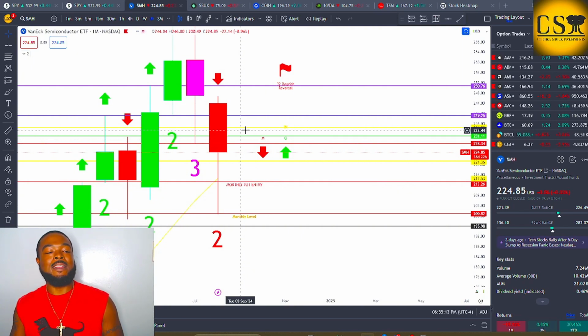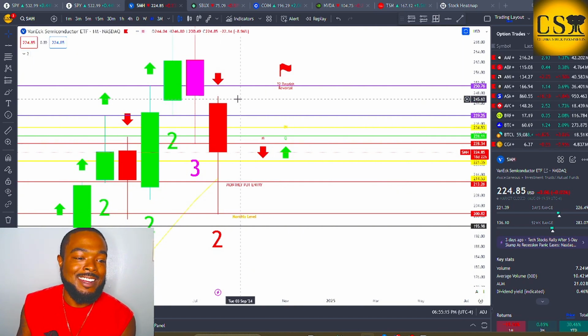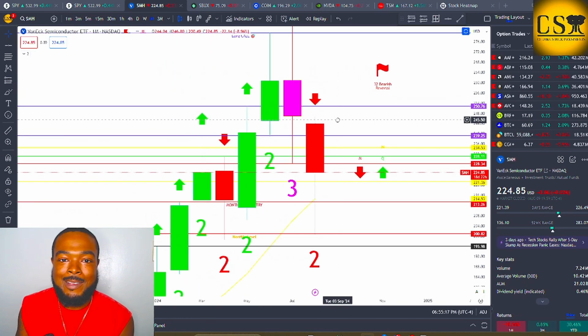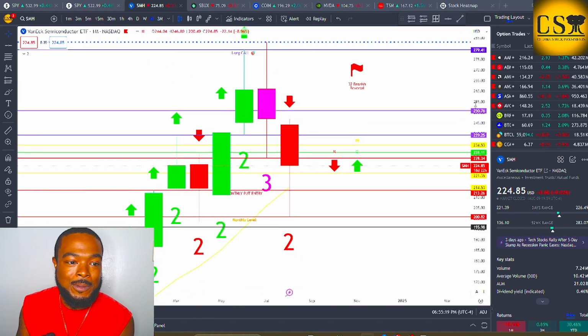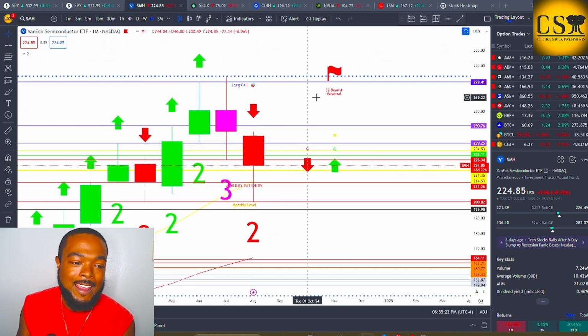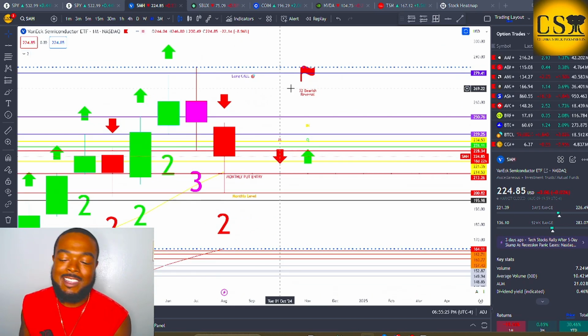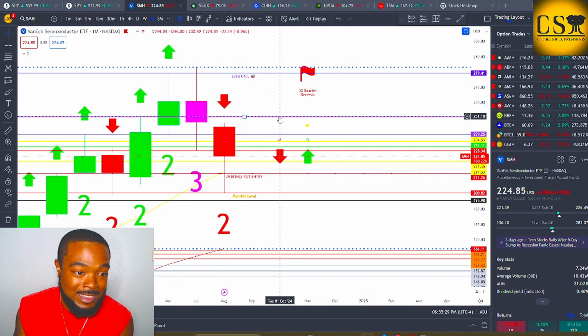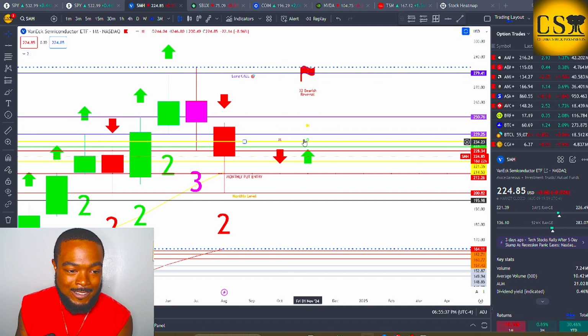Because what's going to happen over the time of the contract, especially if it's a contract that expires 2-3 months out, is you're going to keep getting hit with theta day over day over day. And as you get closer to expiration, the theta gets bigger and more impactful in your contract. So the less price movement you have, if you're not going up and we're not getting closer and closer to this take profit, if it starts staggering around in here for too long and that theta starts impacting you too